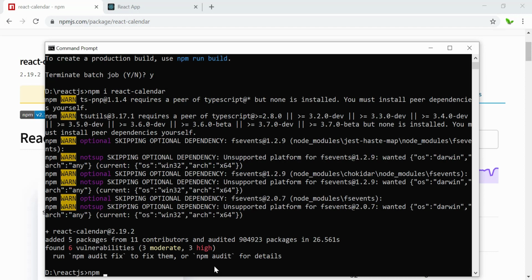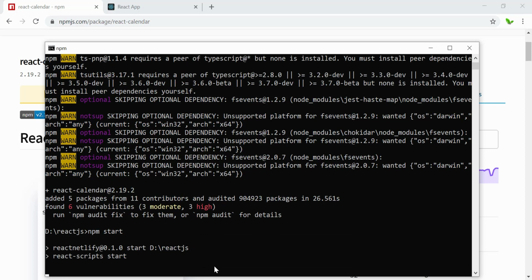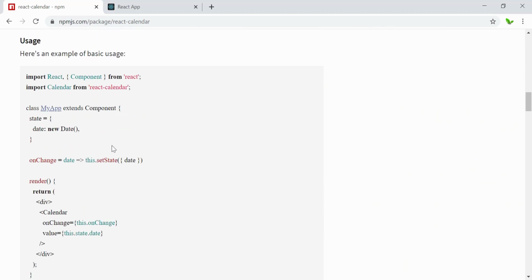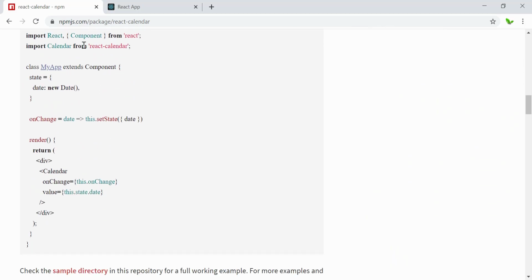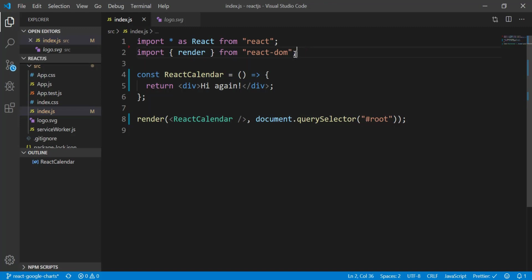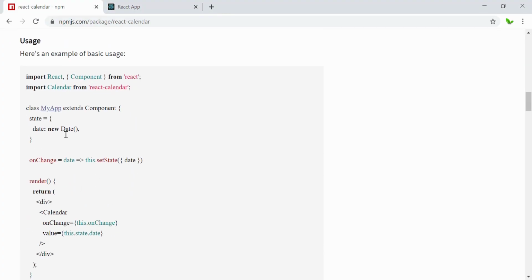Alright, so now we have finished installing this, and let's start this application again. And we're gonna convert this code right here into React hooks as I mentioned earlier. Alright, so here we can see that we need to import it, so I'm gonna copy it right here, and now let's just wait for this to finish first. Alright, so now let's go back to the code, and I'm gonna import Calendar from react-calendar, and I'll try to create, which is right here,